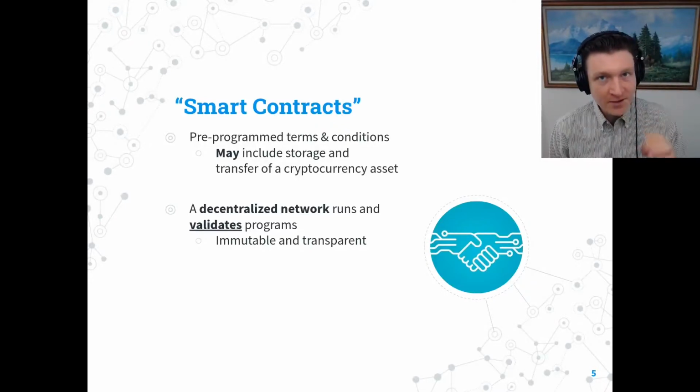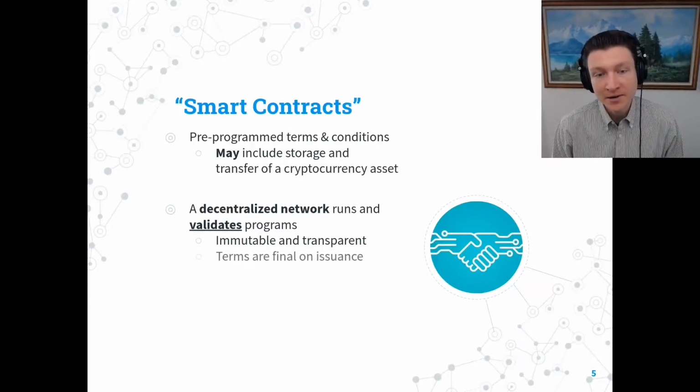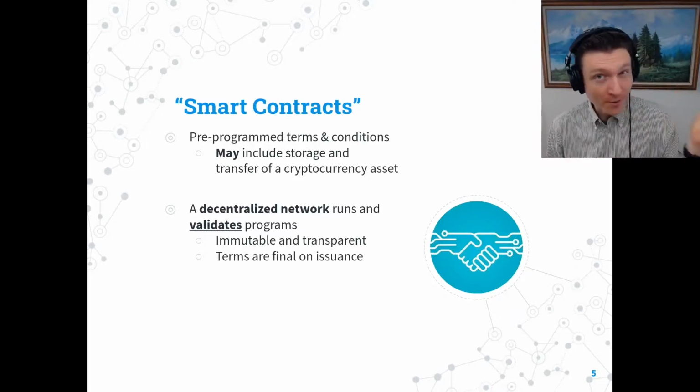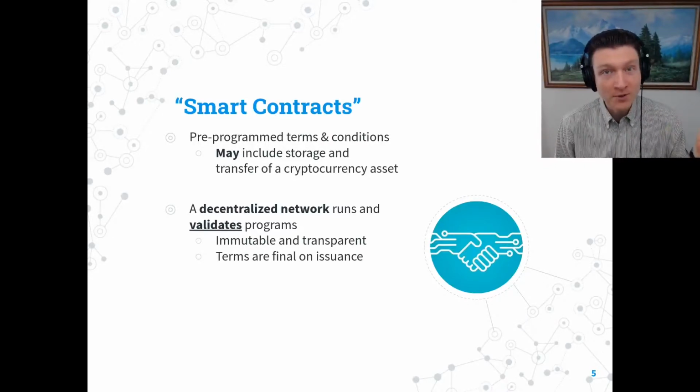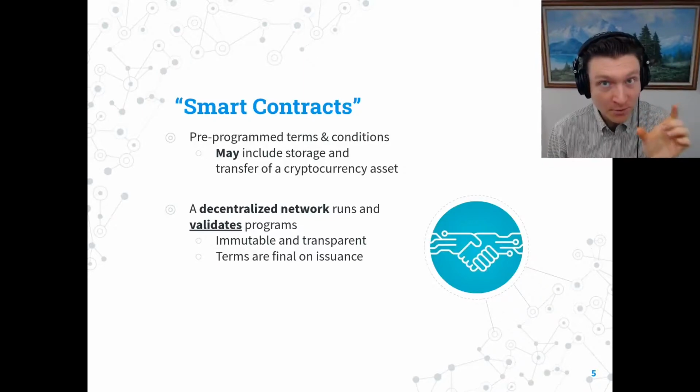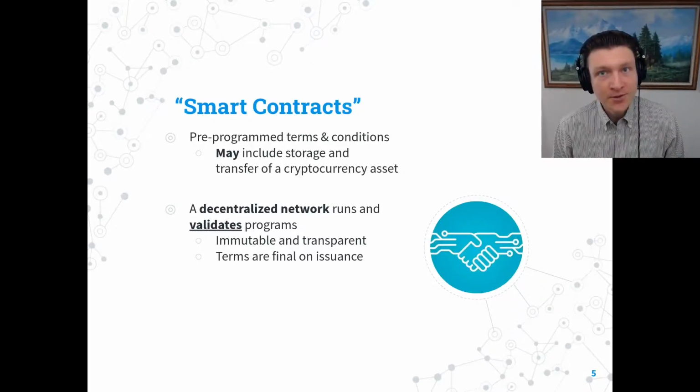There's some caveats. We can do some privacy, but for the most part, you should assume these are all transparent for anybody to view. And the terms are final on issuance. That means that when I submit this smart contract to the network and people lock into this, there's no way to turn back, right? We can program, though, again, because it's a program, we can do arbitrary things in this program, ways for you to back out to get yourself out of this contract under those pre-programmed terms and conditions. But again, once it's there, you can't change it around.